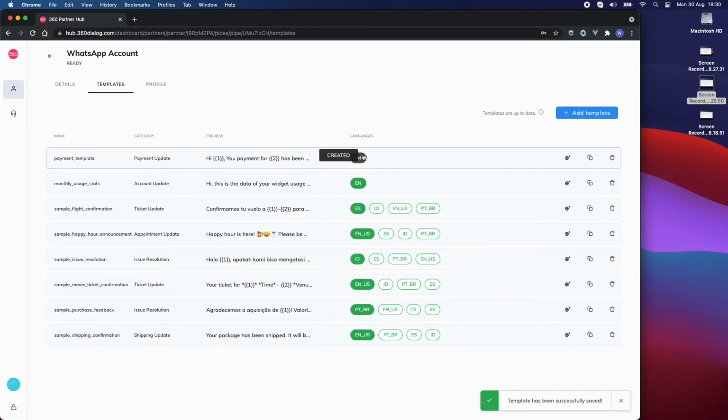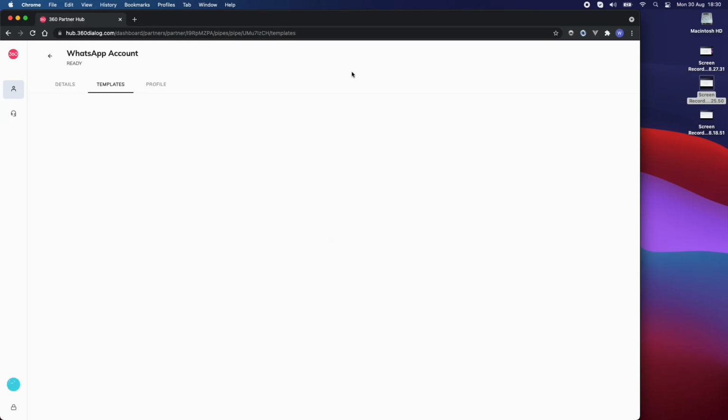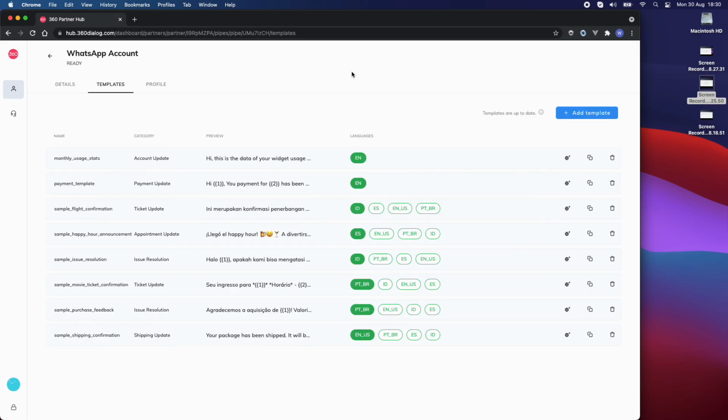and it's been created, but if it's not green, then it's not been approved. This can take anywhere between a couple of minutes and a few hours, depending on your message. Let's refresh the page. And yep, it's been approved. Really, really quick. No, sorry. This one, it's been approved. Okay,